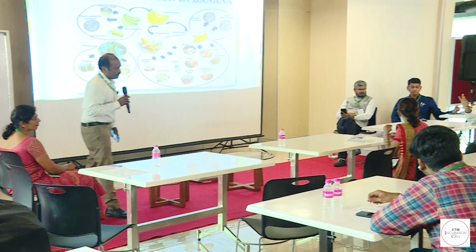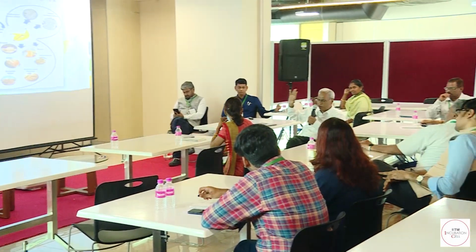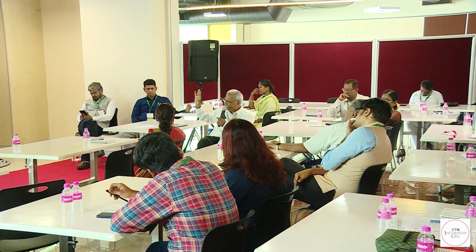We had taken banana because this was a suggestion that came from TNAU. But I think what I am hearing is all confusing. If the price varies from 6 to 26, that's also fine. If at 10 rupees there is a case, we are willing to look at it. If there is no case even at 10 rupees, then I don't know what to do. And then when I say at 10 rupees we will process, they say nobody will like that. So I am not able to understand that.